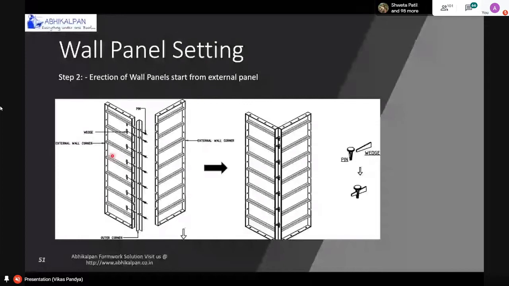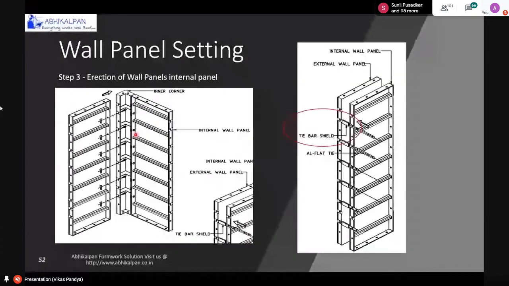Then we will start the erection of the internal panel, starting with the IC panel first. One more advantage of starting with the external panel is that if you have to adjust your panel, you can adjust from inside, and your building periphery will not be disturbed. In the internal panel, first you fix the IC at its position, and then you start with the